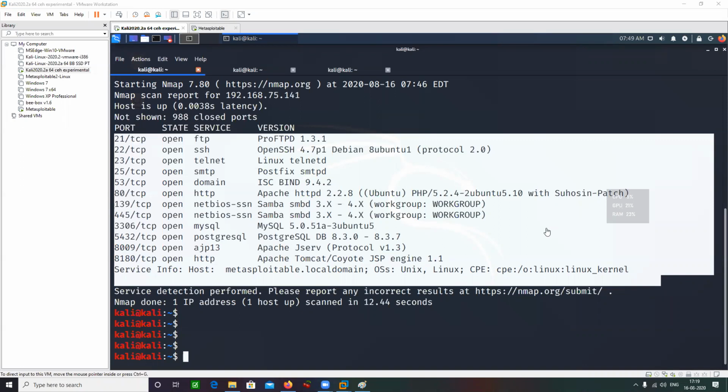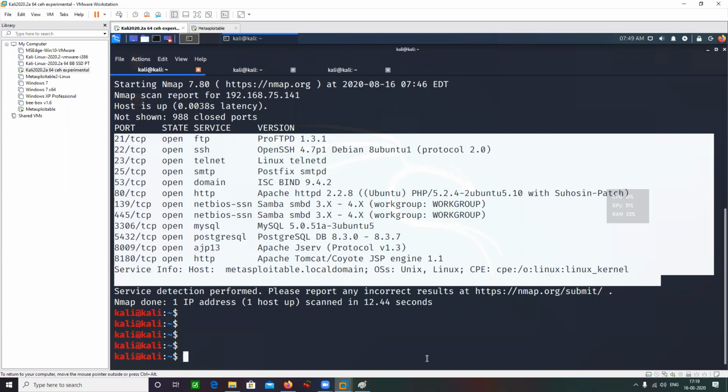How can we make an HTTP connection with a specific IP address? So what I can do here is simply open my browser.